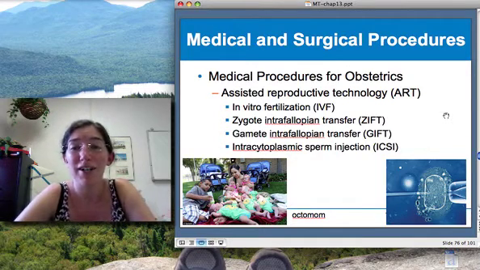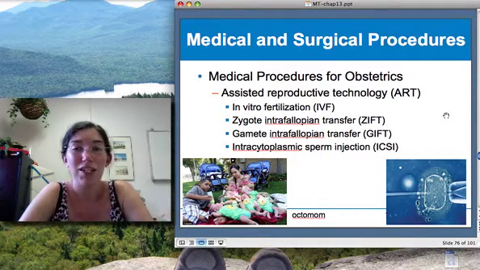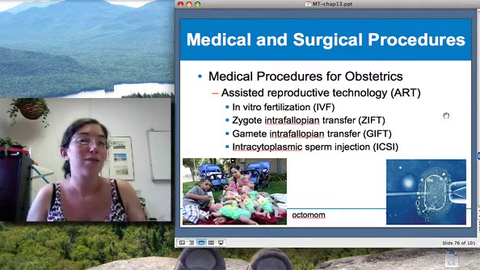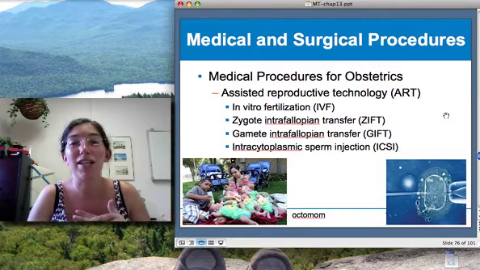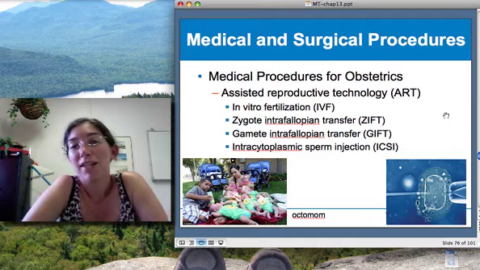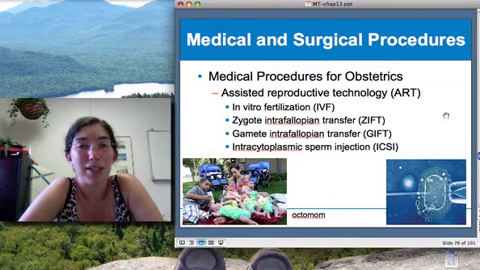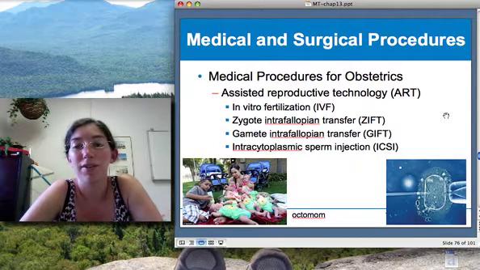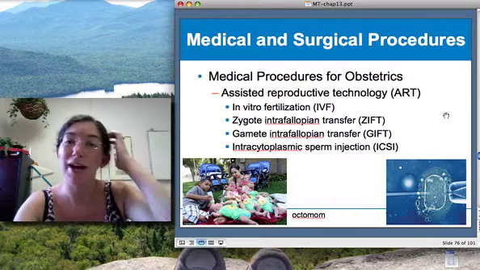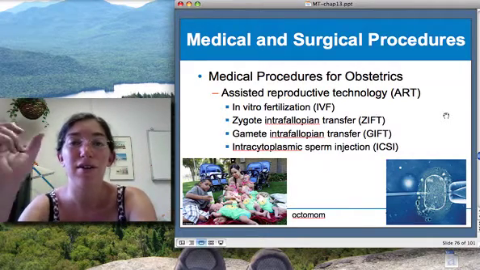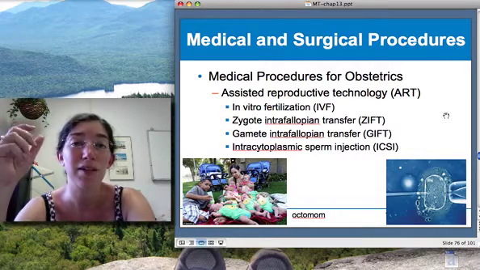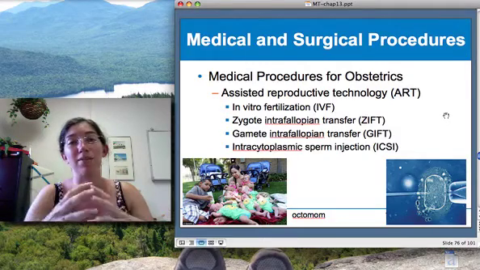Different techniques for assisted reproductive technologies. There's in vitro fertilization, which is basically taking some eggs extracted from a woman, sperm extracted from a man, mixing them together in a dish and letting them do their thing, and then taking a couple of fertilized eggs and implanting them back into a woman. Zygote intrafallopian transfer, or ZIFT, would be to actually manually transfer a zygote. Usually in vitro fertilization, the zygote divides a few times, and so they put